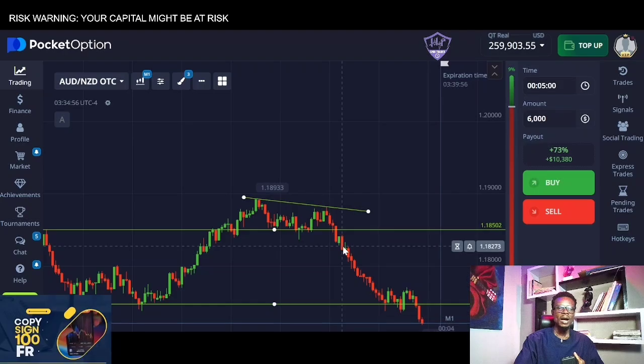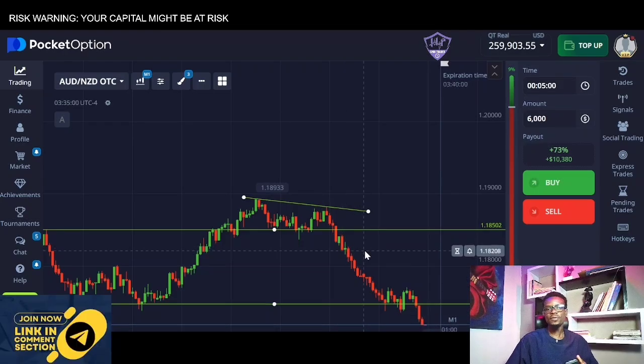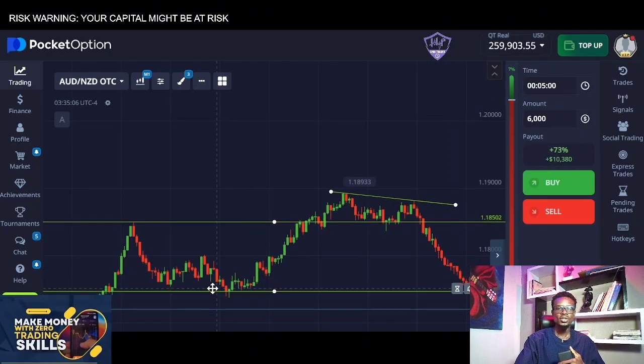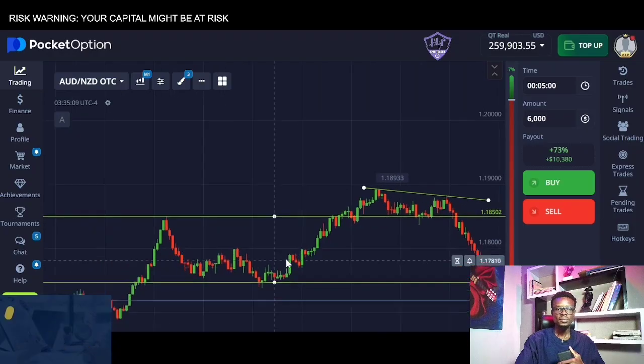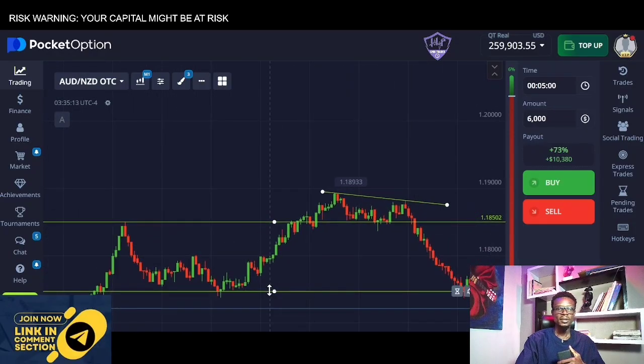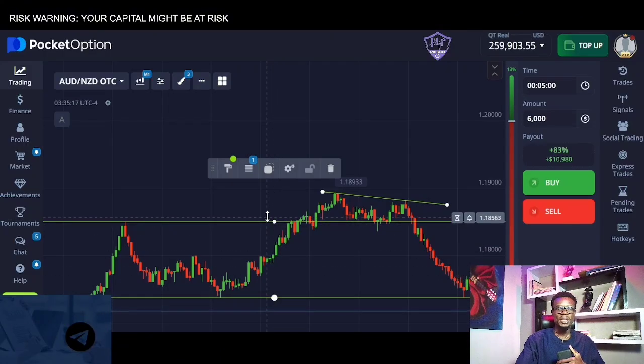and eventually price breaks below right here. And when price broke below, we started to follow the market and see that there are other levels that can potentially reverse the market. So we kept following and following and following. We followed the market all the way right to this previous level. So this happened to be the final bus stop of the market at the time,